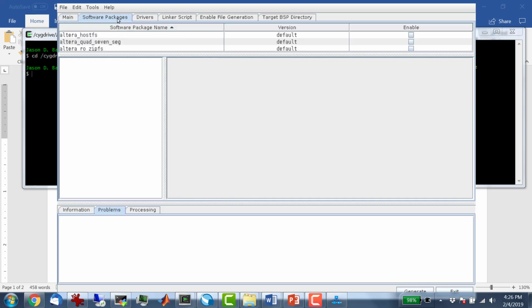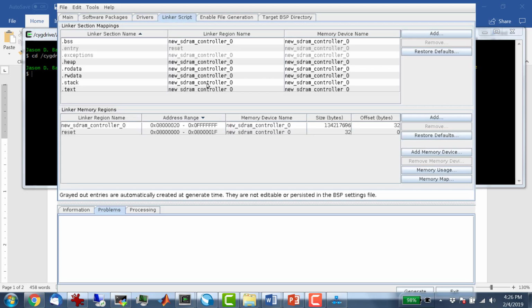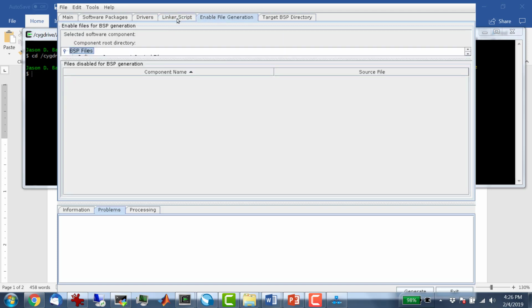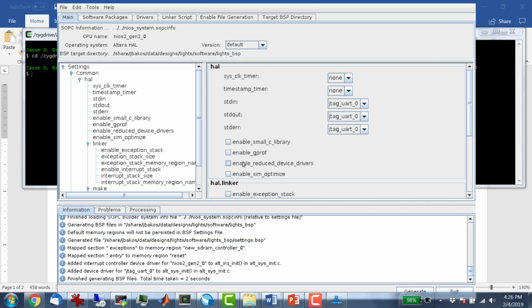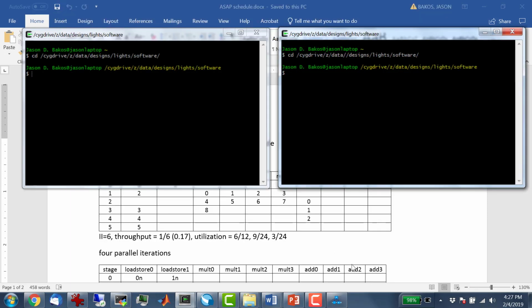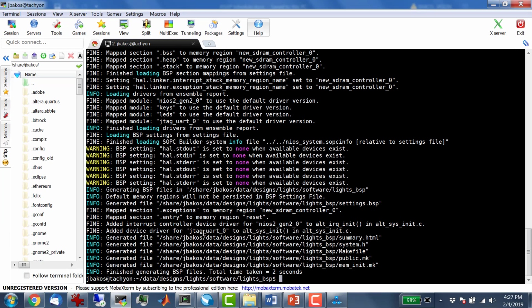And let's see. Software packages, these are turned off. Drivers, everything's turned on. Linker script, these are the linker sections. We'll revisit this on a future lab. So I'm just going to keep everything else as default, hit the generate button, and then exit. All right. Okay, so we've got our BSP,